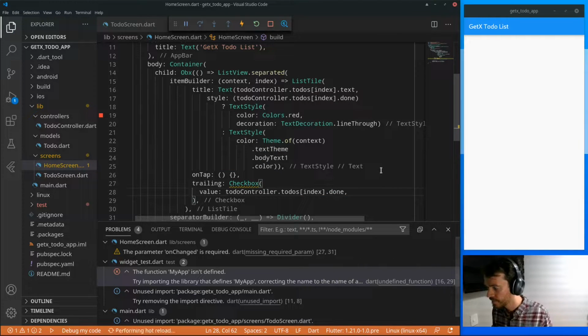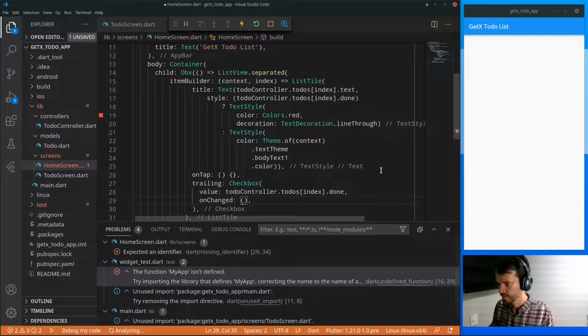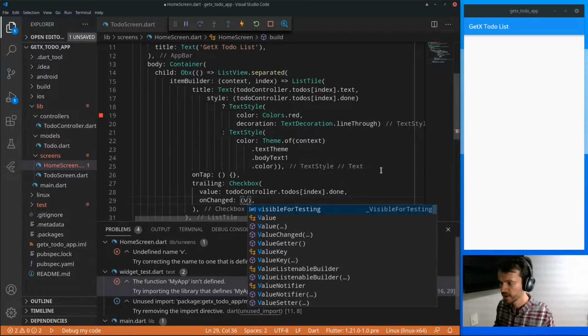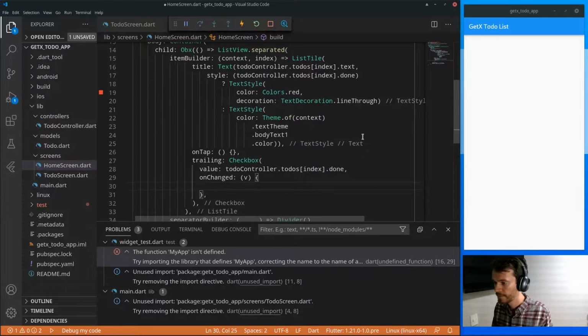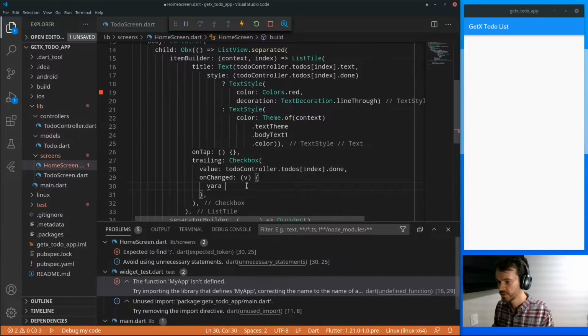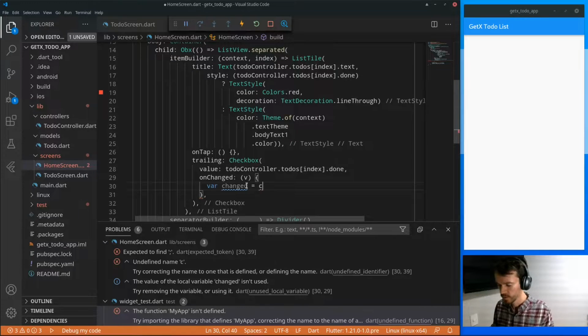to the controller ToDo's index.done and an onChanged method. An onChanged method that receives the new value and makes the update to the controller. As we have already an instance of the controller here, we can implement this now. First, let's verify what element have changed. And it's from